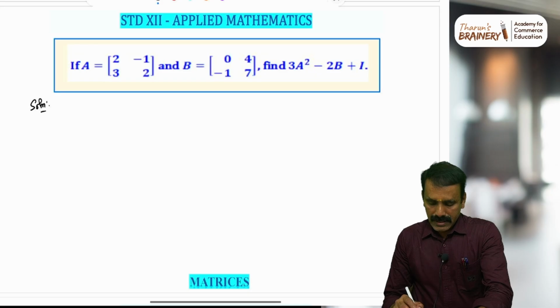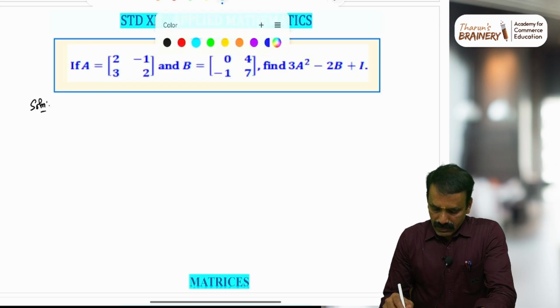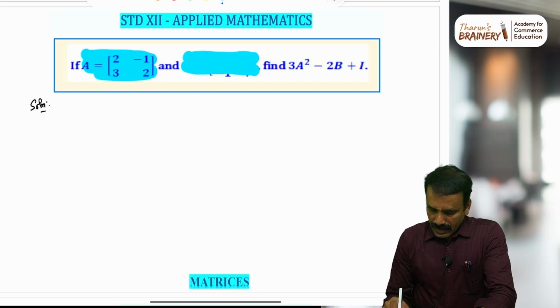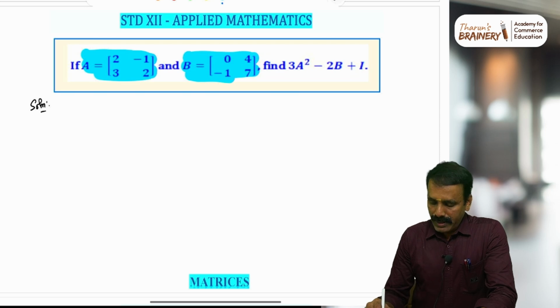Two matrices A and B. Okay, here we are having two matrices. One is A, this is A matrix, and this is B matrix, and we are supposed to find the value for 3A square minus 2B plus I. Okay,